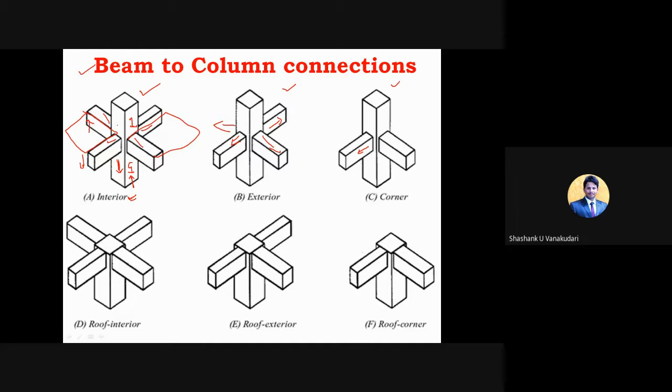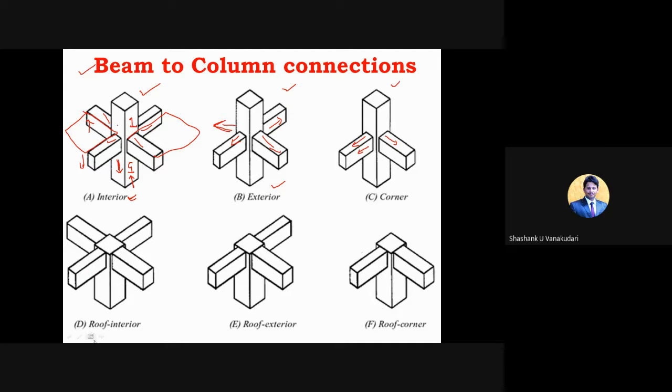And similarly, this is at the exterior connections. One side is the wall, which is shown on the outside of the building, so that no other beams will come there. And at the corner part, we can provide only two particular beams, not opposite with each other, but at a 90 degree inclination. They can provide these beams.